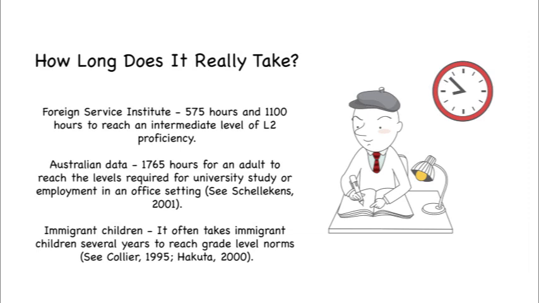On top of this, we have some Australian data which suggests that it takes about 1,765 hours of teacher-fronted learning for adults to get from no English to a level of competence required for further study or a job. And in studies looking at immigrant children in the USA, it was found that it usually takes several years, sometimes up to 10 years, before immigrant children reach the grade level norms displayed by their English-speaking